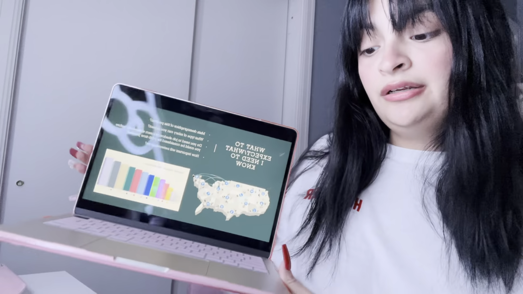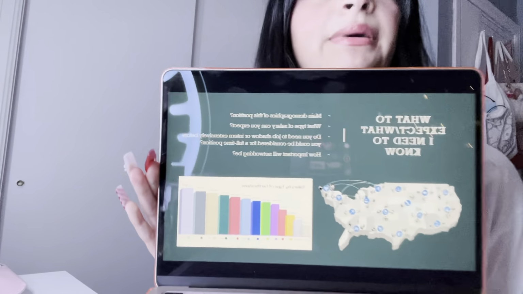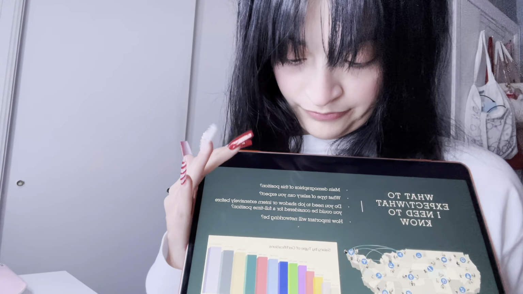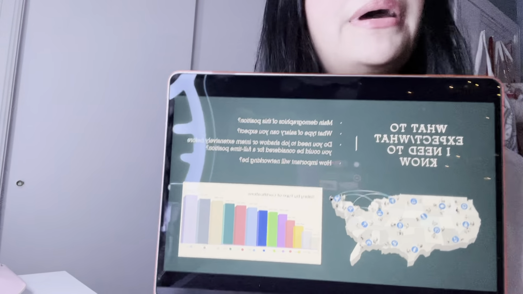This chart here talks about the different salary types for different types of medical coders, because there are different types of medical coders. There is a certified professional coder, certified coding specialist, a certified inpatient coder, a certified coding associate, and a medical coding auditor. The certified coding associate is an entry-level coding job, so that's probably what I will be for a couple years.